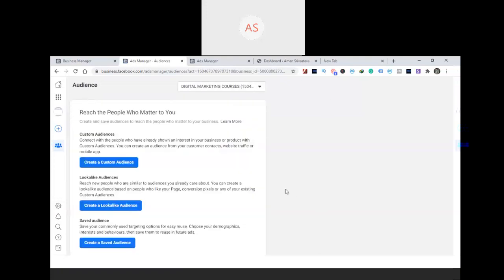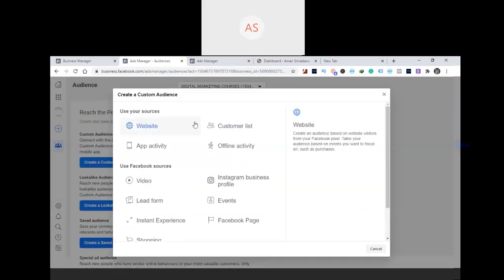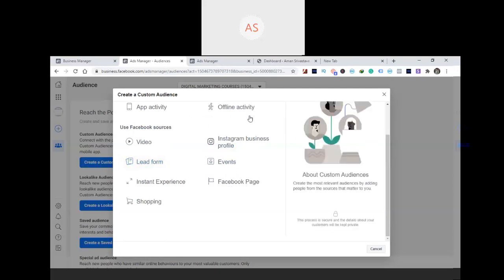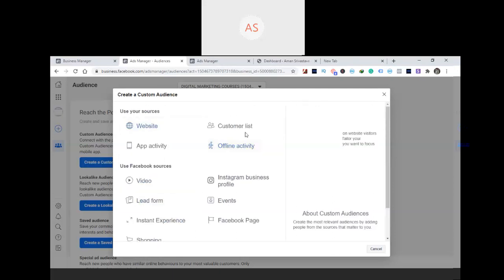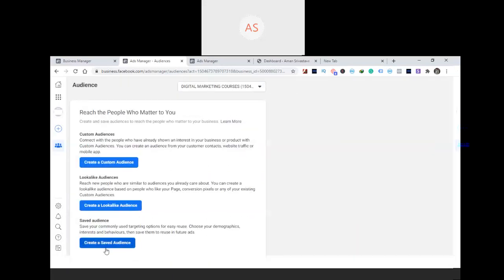Okay, so create a custom audience. Okay, so it's saying use sources, all that stuff. You don't have to wait.